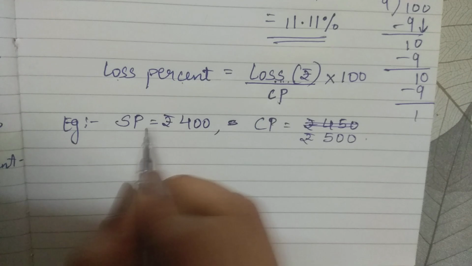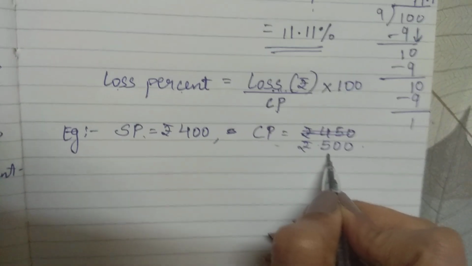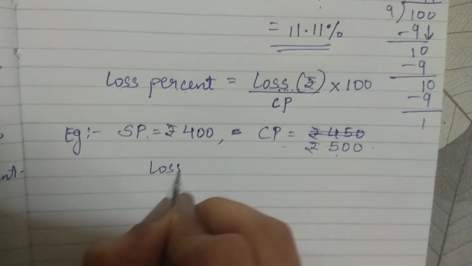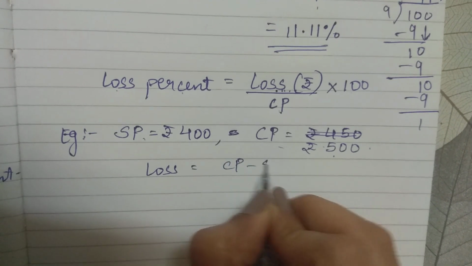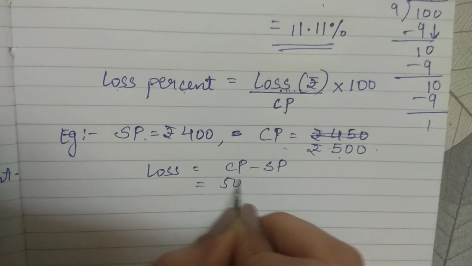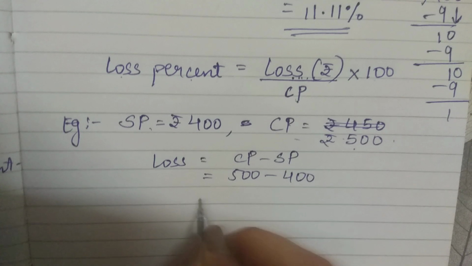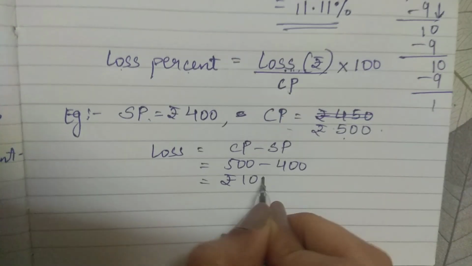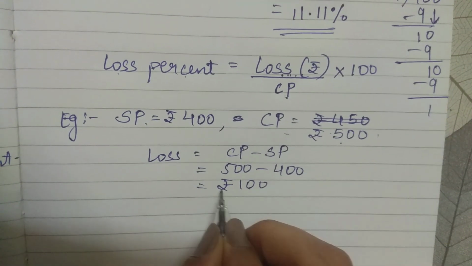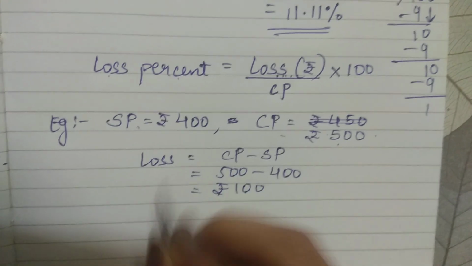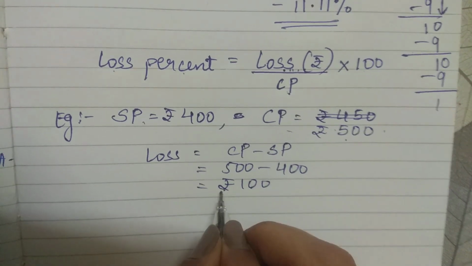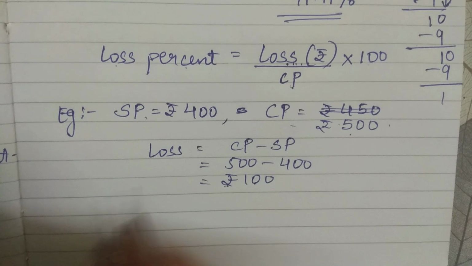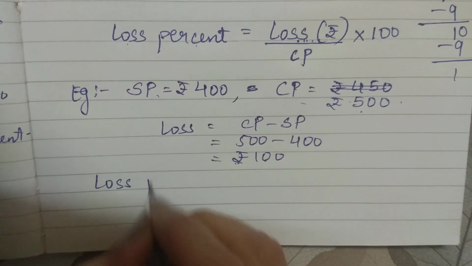Now first, as we can see, cost price is more, so obviously it is a loss. So cost price minus selling price, that is 500 minus 400, which gives us 100 rupees. Now this is in rupees. We want to find it in percentage. So rupees converting into percentage. So loss percent